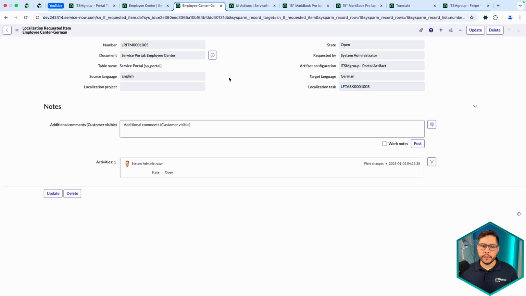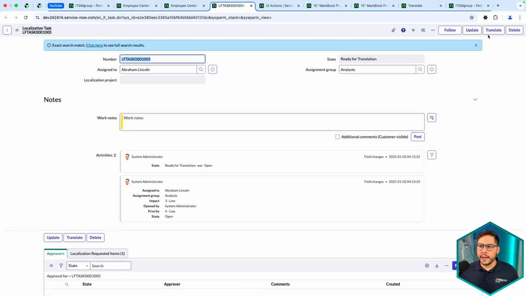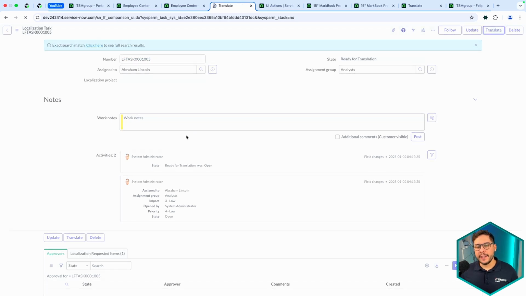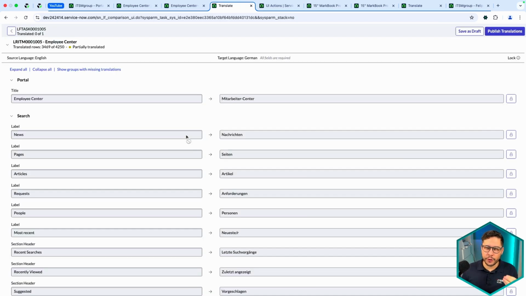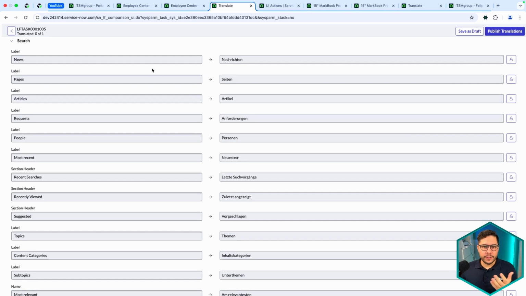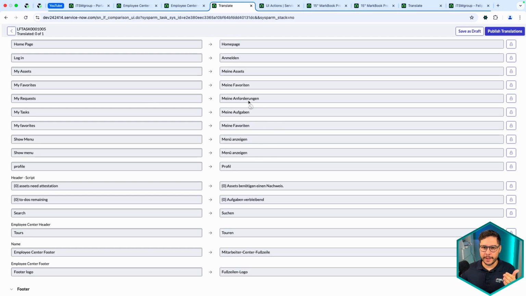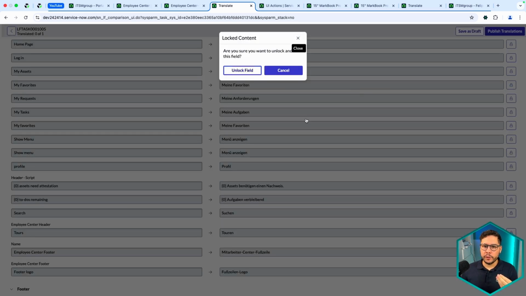And if you open here, then you can look for this task in the global search. And then you have, as soon as you click translate, the magic where it happens. And you're going to see that it's huge. So you have in total almost 4.2 thousand keys found in order to do these translations. As you see, most of them are already translated, and you can simply click on this padlock here to unlock this field,